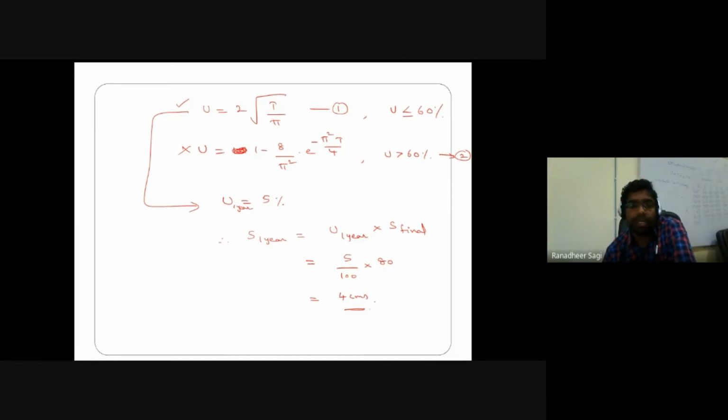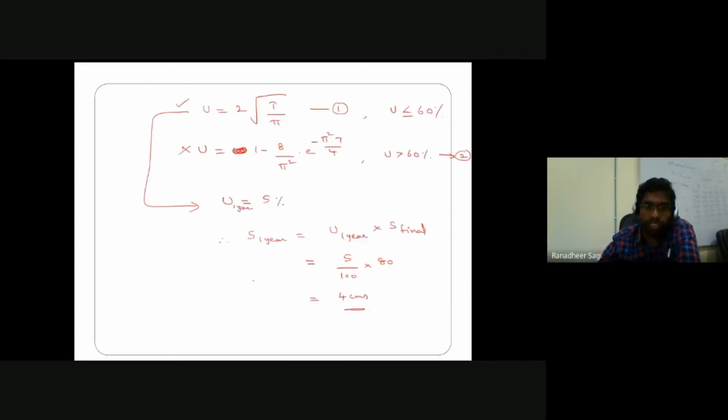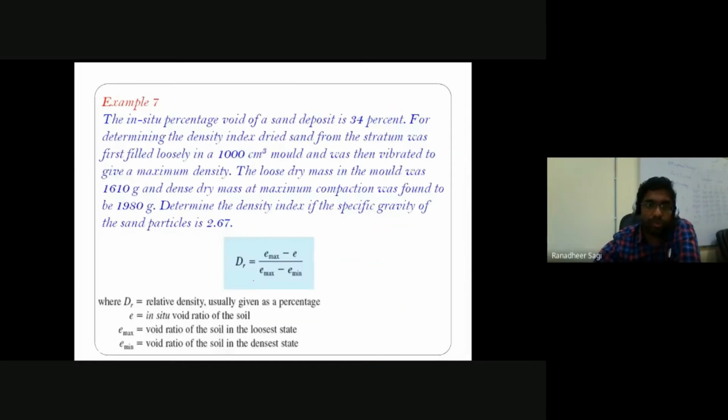Settlement after 4 years. So what should I do? The same procedure, the same story that I have talked about, I have to repeat from here again. What change will I have? Instead of t equal to 1 year, I have to substitute t equal to 4 years now. Small t, that's the time. So for time equal to 4 years, if I go ahead in solving the problem,